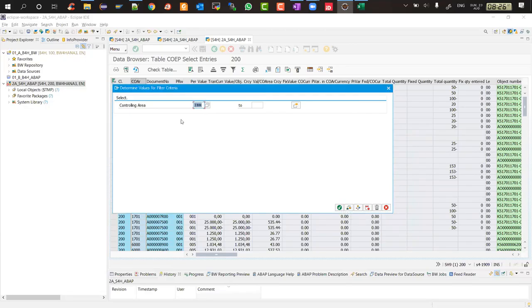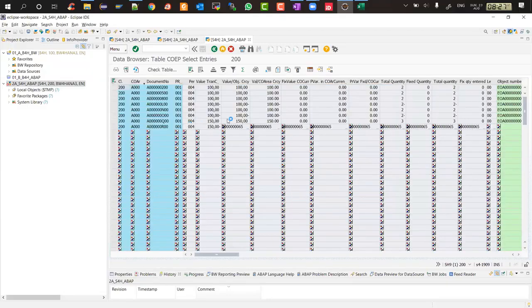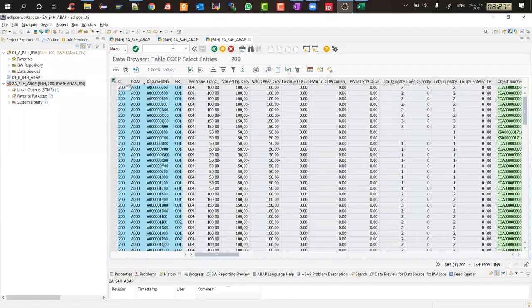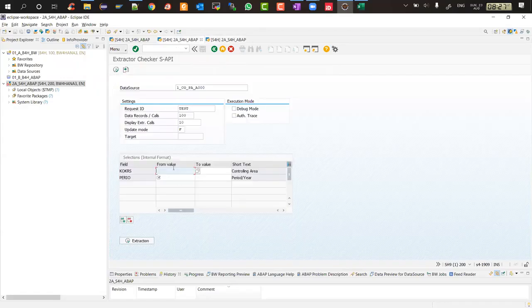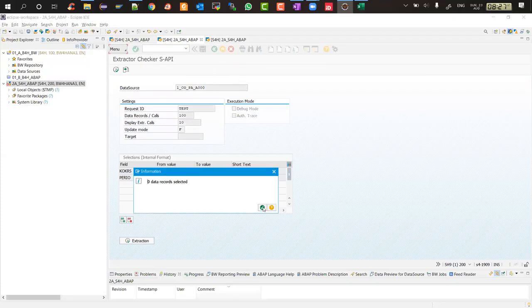Let's see if 8000 exists or not. How many entries we have for the plan data. COEP is for plan data. Okay, so we have good data. So we can test for 8000. Okay, and fiscal period year, we can give 2020-001 maybe. Right, and let's do the extraction. 0 data records selected. Okay, so there may be,